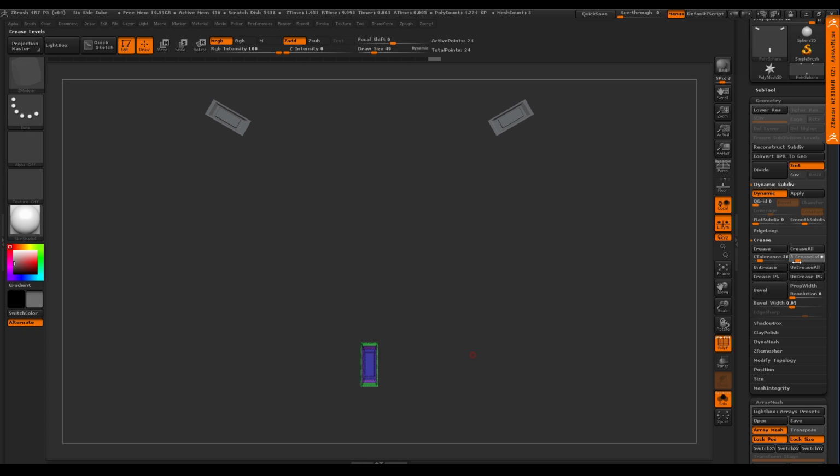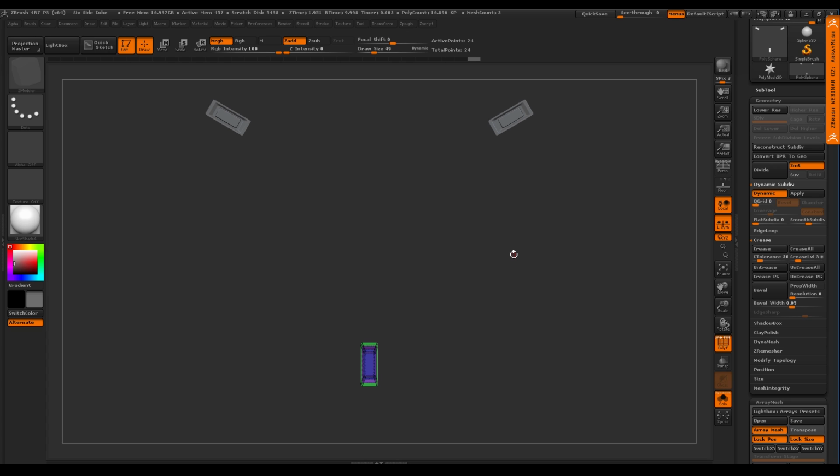So I'm going to drop it to something like 2. Okay, and it'll look like nothing's happening. We need to update our Dynamic Subdiv. So I can either turn it on and then off, and you can see what happens there, right? Or even if I turn this up another smooth subdiv, it'll update. I don't like it only having 2, so I'm going to change it to 3. I'm going to turn it off and on, and there you go. That's what I'm looking for. Now I get some nice soft corners happening in here.